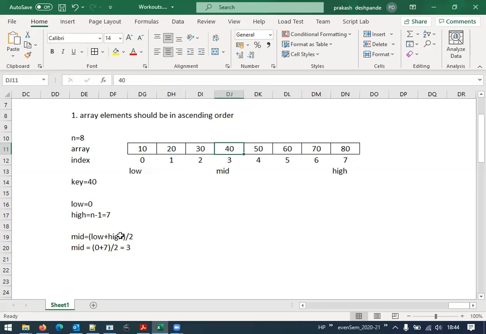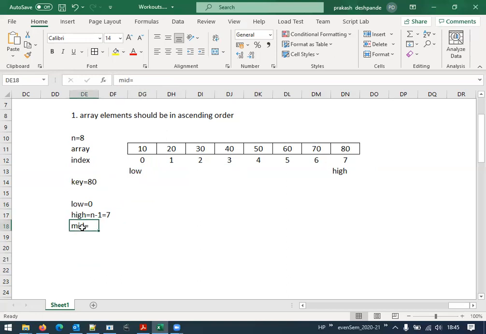Now let us take some other examples. This was a pretty simple example where the key element was positioned at the mid position. Let us take an example where the key element is positioned at the last element. Let me modify here. Say the key is 80. Let us calculate the next steps. The first things go the same way. For the first time, the low value is 0 itself, that is an index. Remember students, low is nothing but the index value, right? And high is again an index value, n minus 1, that is again 7 here.